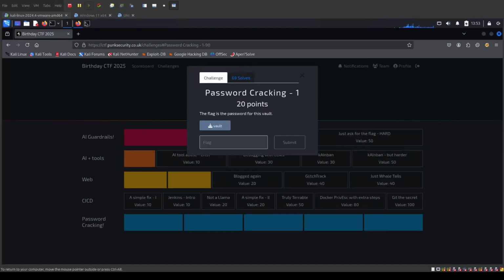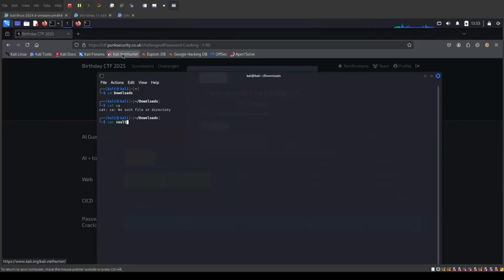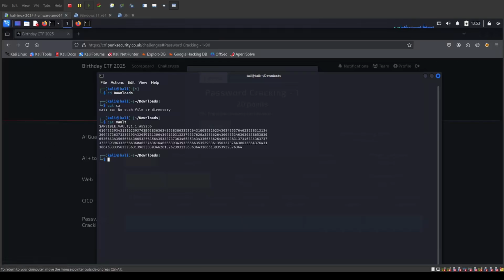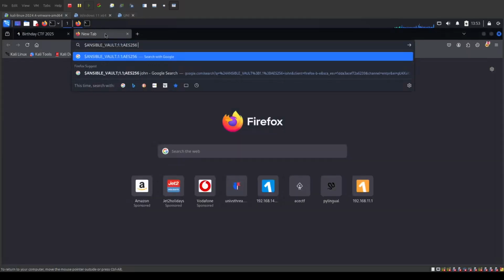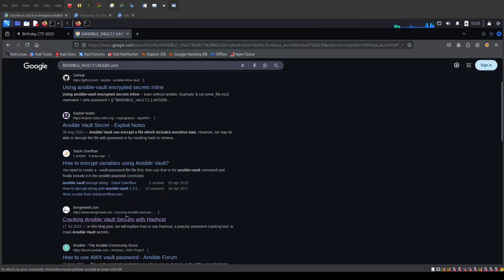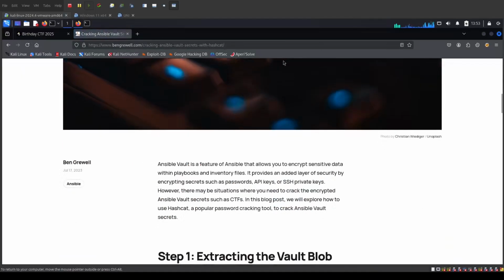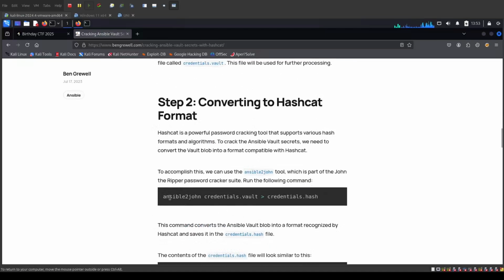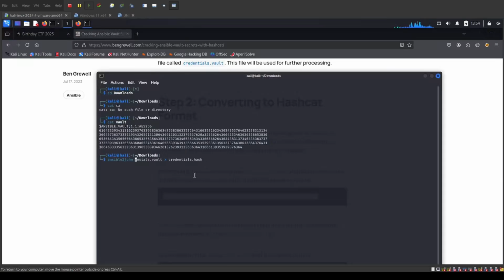So we download this vault file, cat vault, and the first thing I like to do when I've got something like this is you just give it a quick Google, stick John, have a quick scroll down. Here's one we viewed earlier, and that's the main bit we're looking for, but we'll copy that whole. We'll take the vault, then you want to run John credentials.hash,